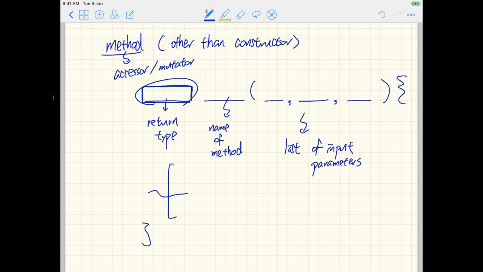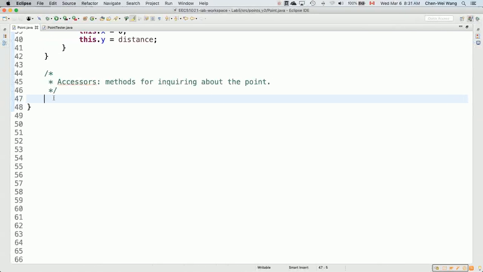Having this in mind, let's see exactly how we can define our accessors for the Point class. So let's go back to Eclipse. The first one I'm going to define is going to return a double. Let's say we want to know the distance between the point object and the origin. The origin, of course, has the x and y coordinates both being 0. So I can say get